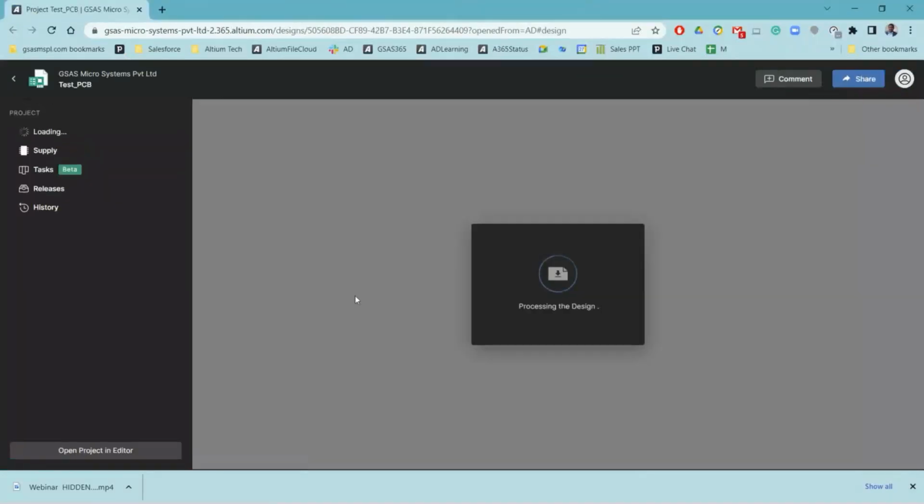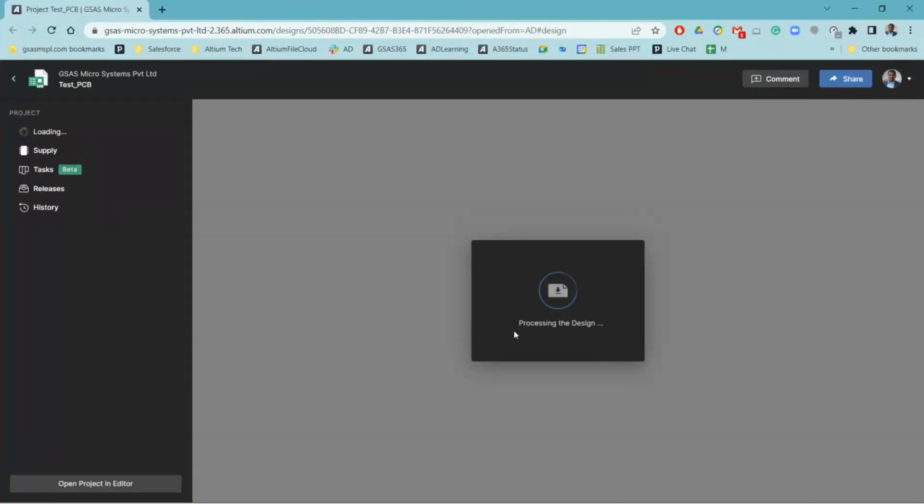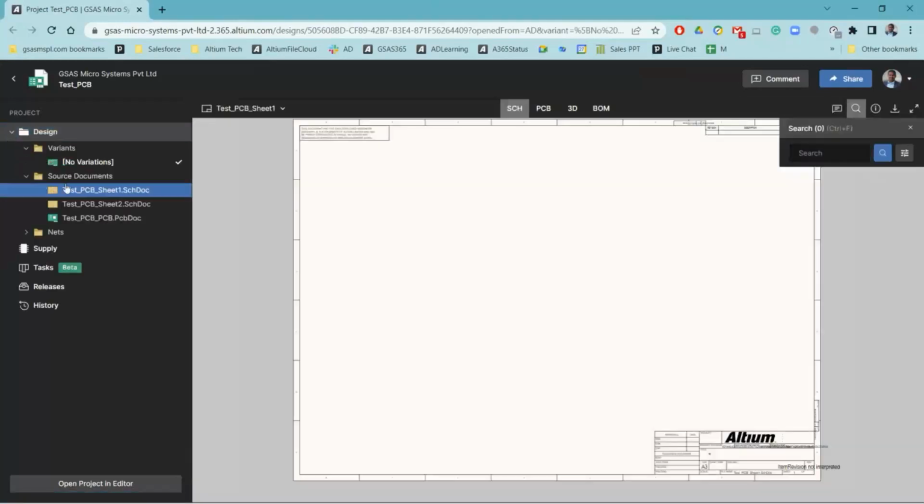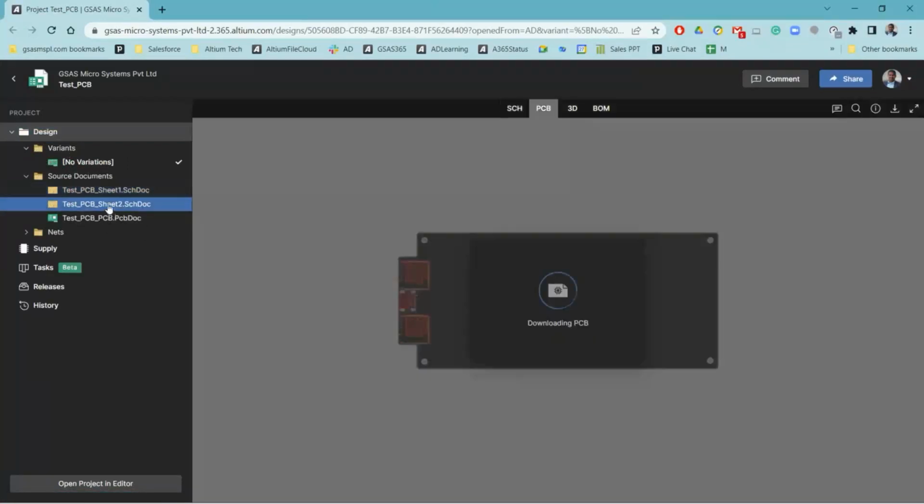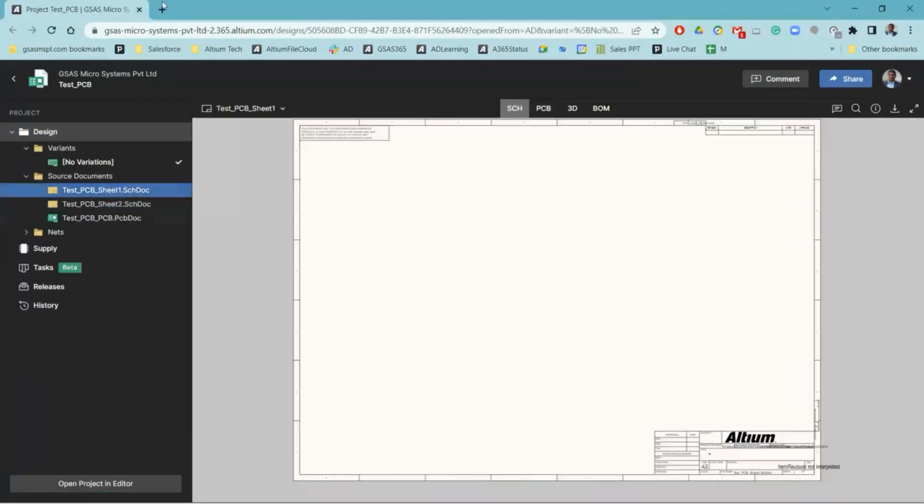You just click on Open Altium 365. It will open in the browser. You are able to visualize the project in the browser, and from here you can share it with your colleagues for review. They need not install any Altium viewer for reviewing. They can directly open the Altium 365 web browser and review the designs. We can see here what all files are part of the project. Instead of a Files panel, we are seeing a panel in Altium 365, but here there is no data inside. I will just go ahead and show you